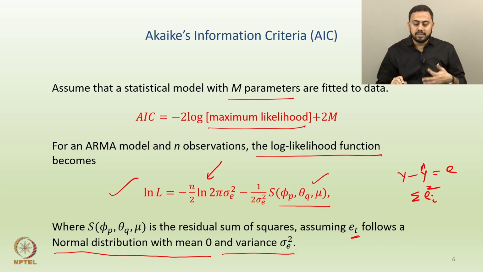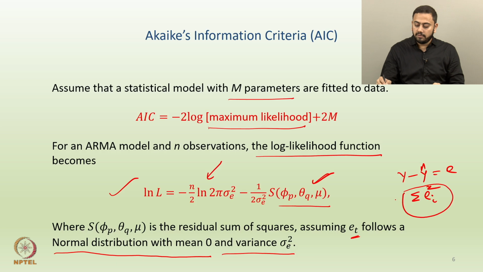So essentially what is happening here is that you are applying some maximum likelihood technique to estimate all the underlying parameters, and then once you estimate the parameters, we get hold of the residuals. So y minus y hat. So the actual values minus the fitted values gives you the residuals, and then we take the summation of the residual square, which you have here in terms of capital S. Alright.